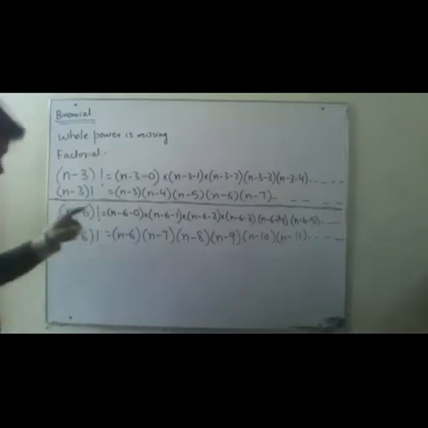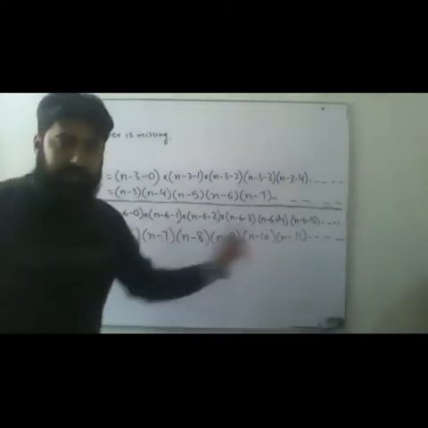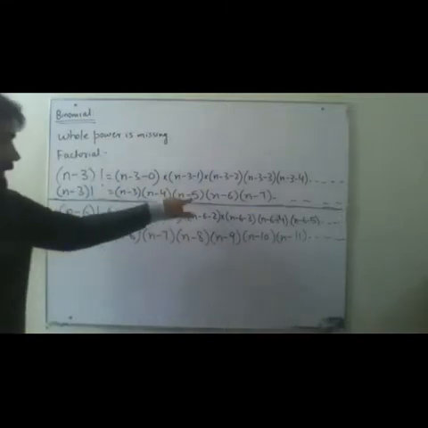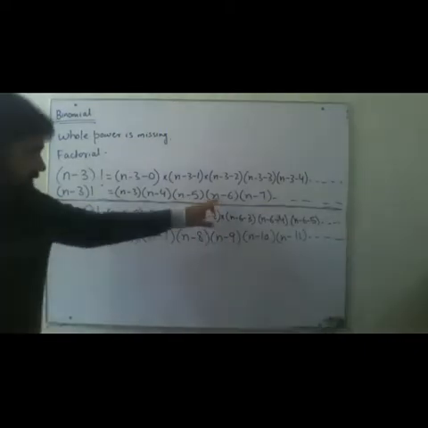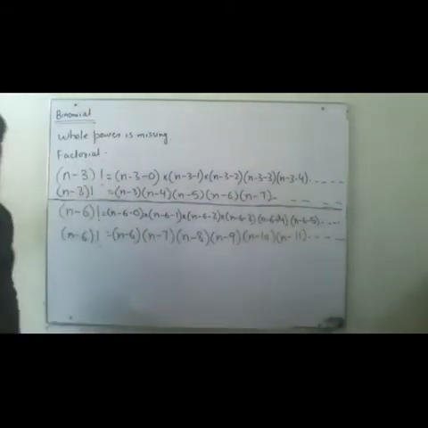Now let us see. n minus 6, n minus 7, n minus 8, n minus 9, n minus 10, all of them have their values increasing. Over here the values are increasing. But when I come over here, n minus 3, n minus 4, n minus 5, n minus 6, n minus 7, n minus 8, n minus 9. So basically, after this point, this thing is getting repeated. n minus 6 is here, n minus 7 is here, n minus 8 will be there, n minus 9 will be there, n minus 10 will be there.